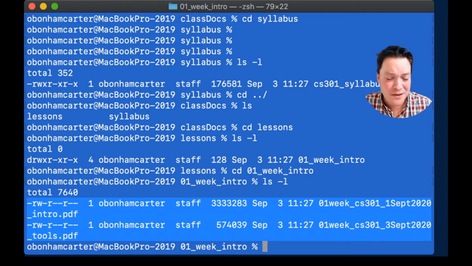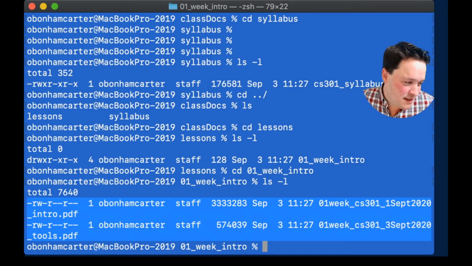And these are the files which I like to think of as the core of the class here. And of course we have books and textbooks that we can read and some other things that I'll be giving you, some flyers and some other code. But the actual energy for this course comes out of these slides here. And so that's really what I'm looking at.